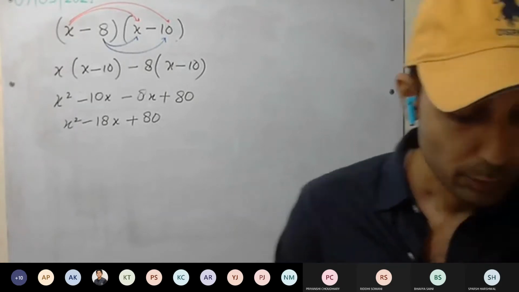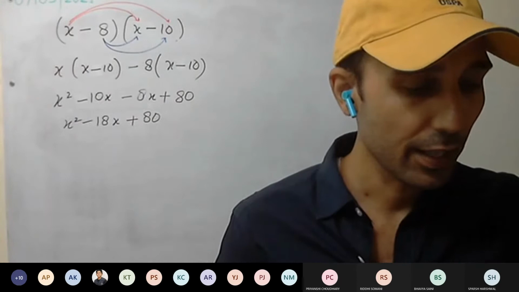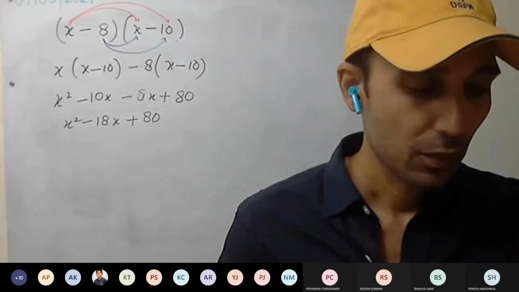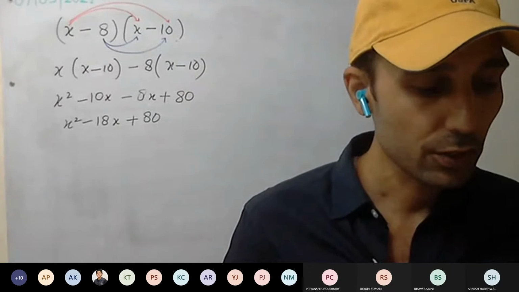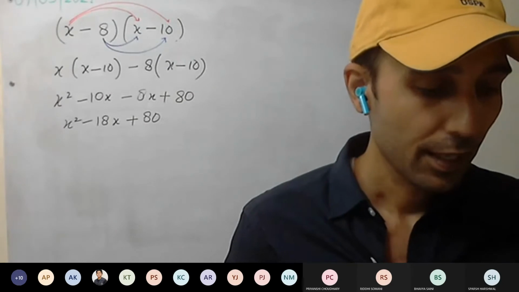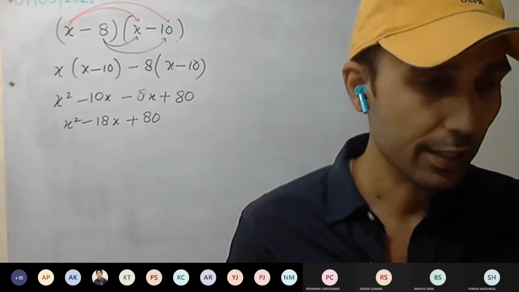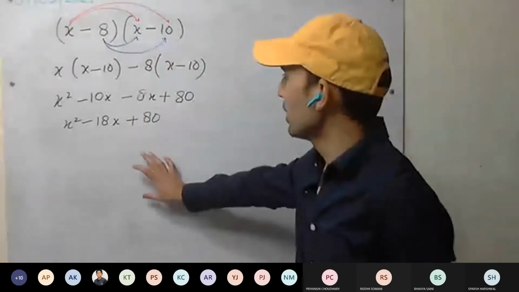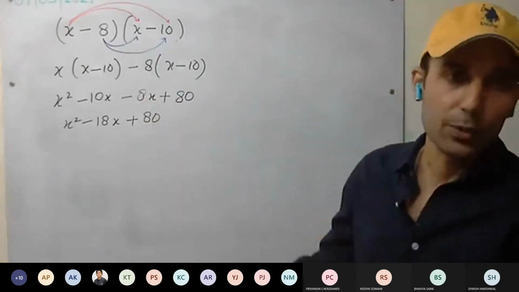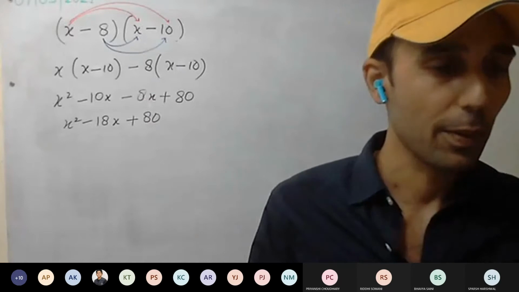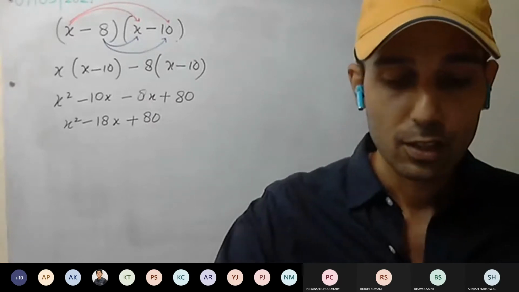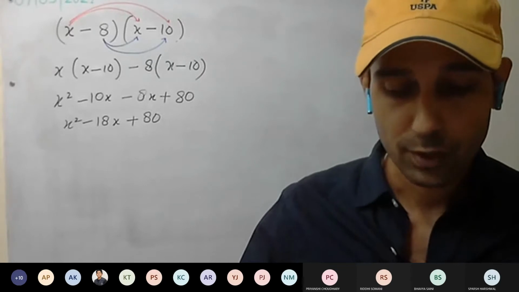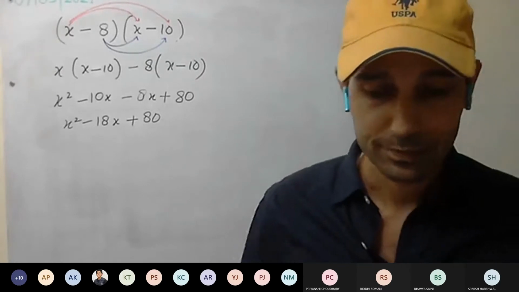Okay. See on page number 61, those expansions are given, x plus a into x plus b. Those you can practice once, just to have an idea. x plus a into x plus b, what you are getting. These questions we mainly solve this way only. Don't remember many things. In mathematics, the less we remember, that's the best thing. We should only remember how to solve.